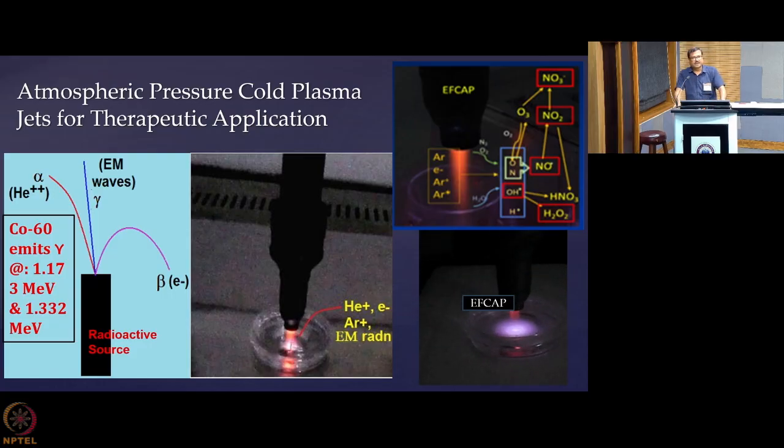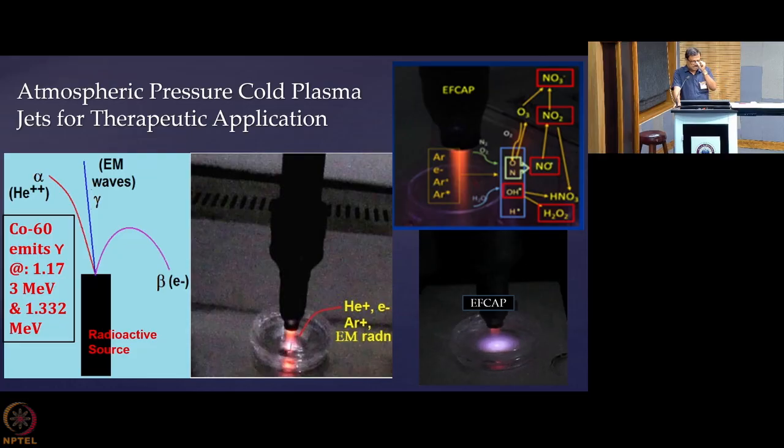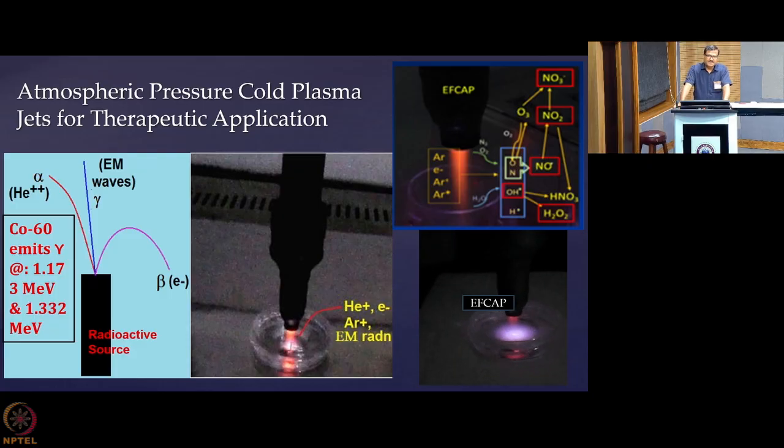For example, in the radioactive case, you are forced to use only one type of atom, that is helium nuclei. But here in the plasma, you can use many other atoms in the periodic table to produce plasma, and you can check what their effect is. This area is just emerging, so not all studies are done, but the effects are gradually becoming prominent.